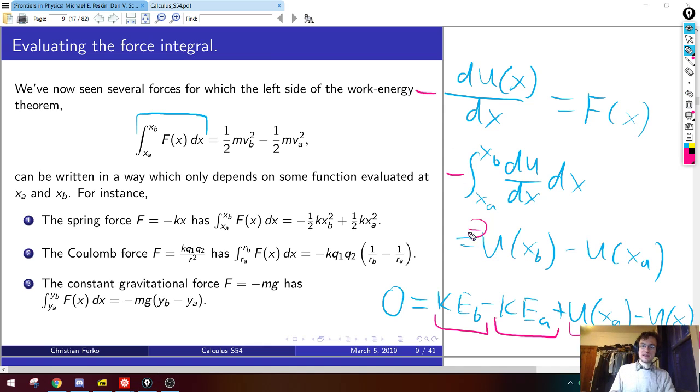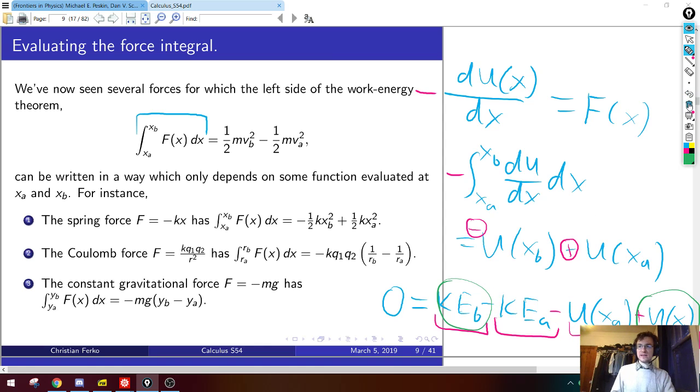So now there's a minus sign here. This turns into a plus sign, and then our final equation gets fixed into the form that we wanted. So it will now be plus, minus the potential at A plus the potential at B. And now this is very nice, because the bottom equation is saying that 0 equals the kinetic energy plus the potential energy at B minus the kinetic energy plus the potential energy at A.